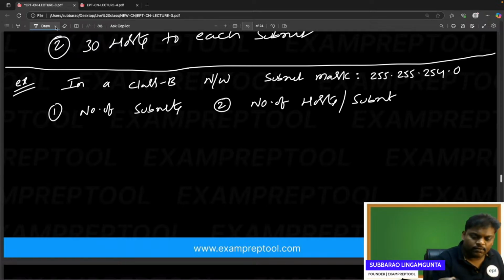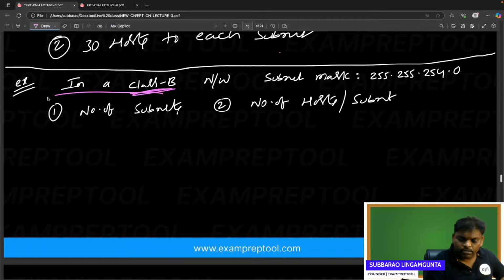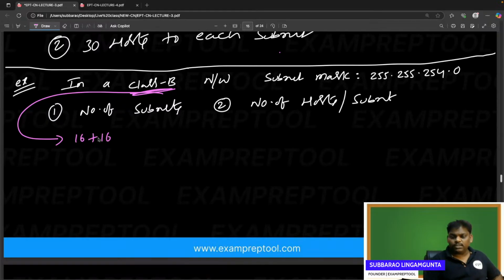Let's concentrate. Let's do one thing. Class B, everyone listen. See this one? Class B is 16 plus 16. Network part purpose 16, host purpose 16. Right, that's okay. But what is the subnet mask given? Can you see this one? Subnet mask given as